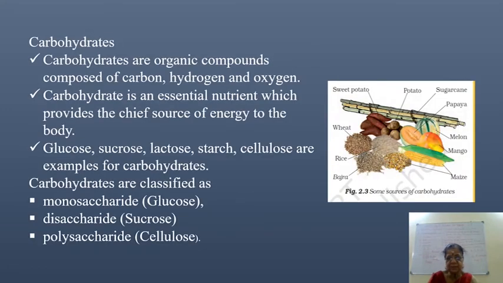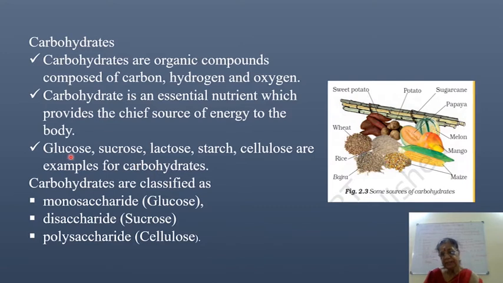The next one is about carbohydrate. What do we know? What I said, carbohydrates are organic compounds composed of carbon, hydrogen, and oxygen. இது ஆர்கானிக் காம்பவுண்ட். உனக்கு என்ன தெரியும், நீ any examples வந்து நம்ம நிறைய இப்ப படிக்க போறோம். சரியா? In that glucose, sucrose, lactose, starch, cellulose are examples of carbohydrates.